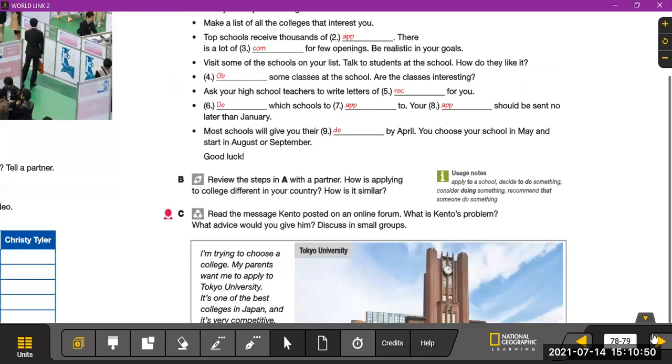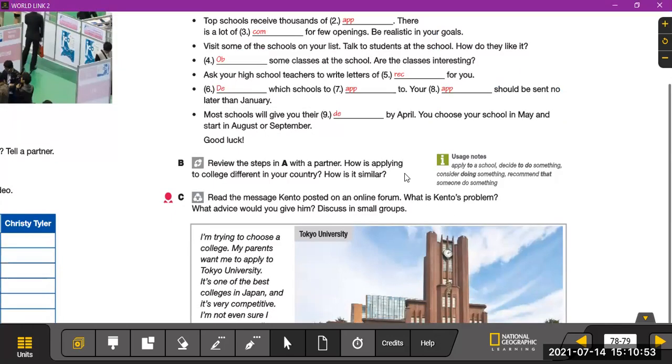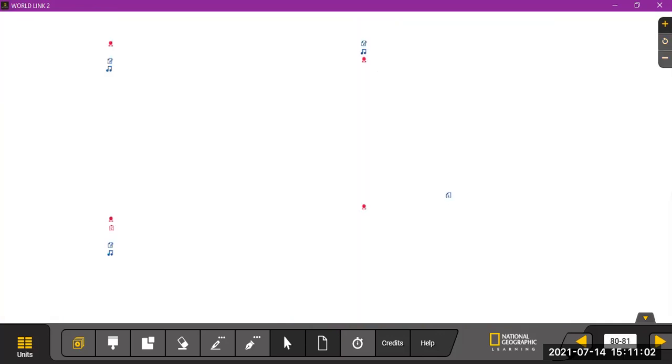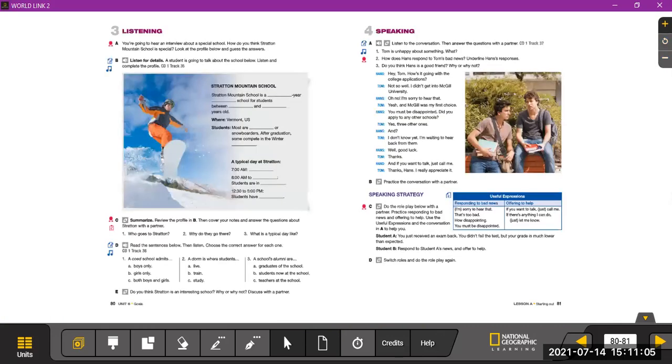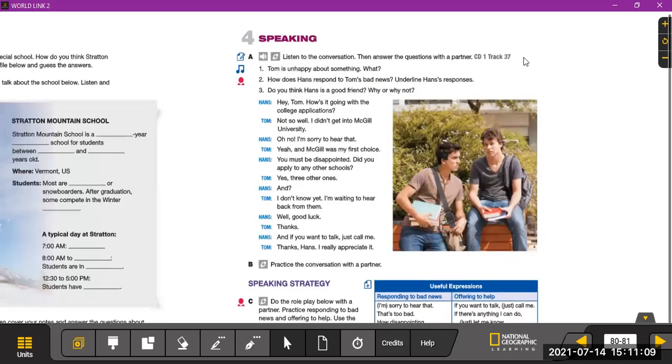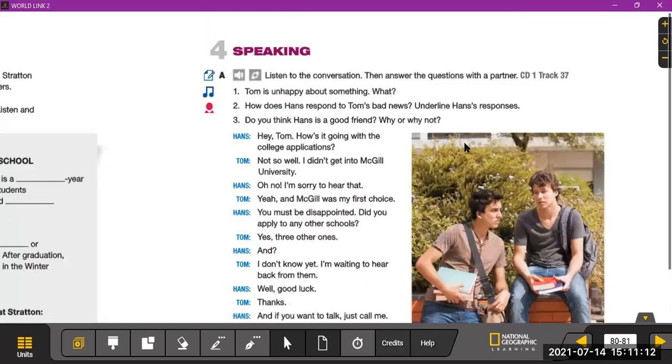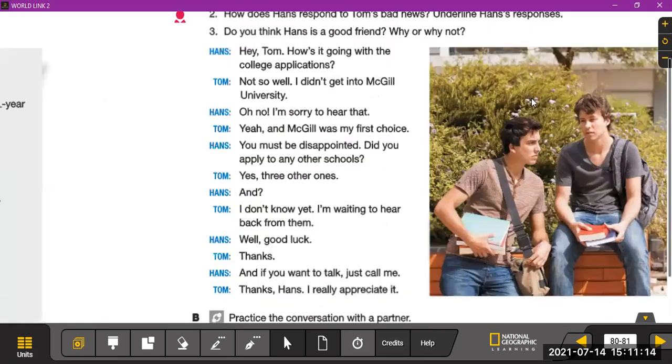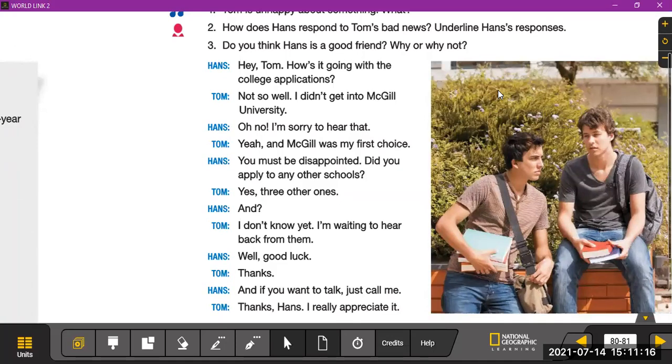So we have, no se quiere mover. Okay, we're gonna do the listening and speaking practice. I am going to play the audio 2 times, and then you are going to read with your partner.